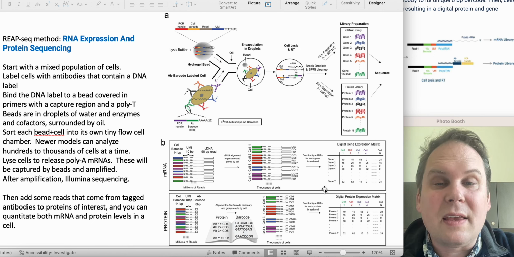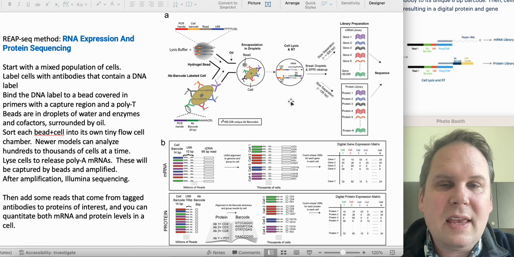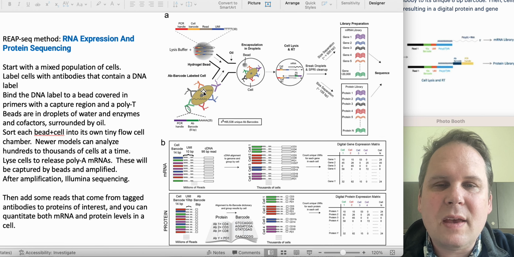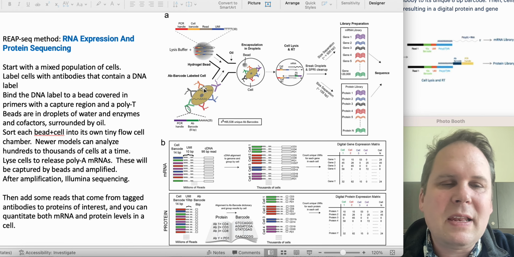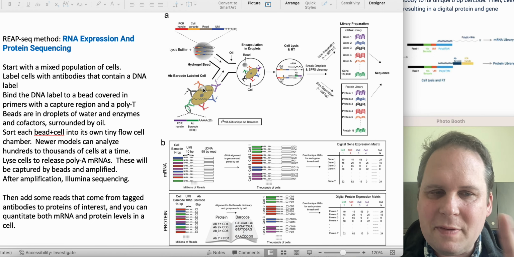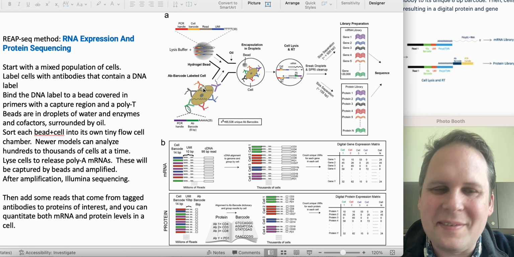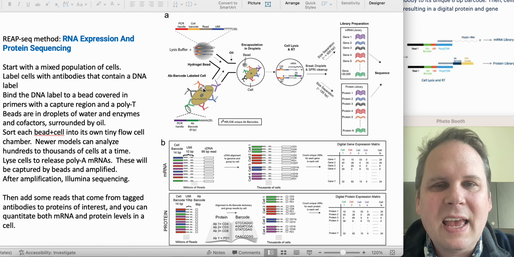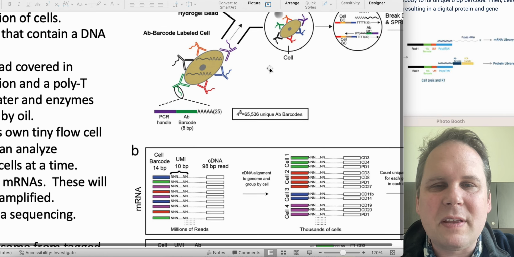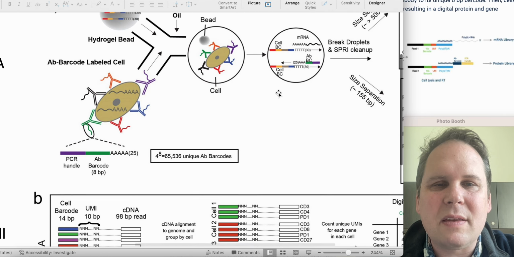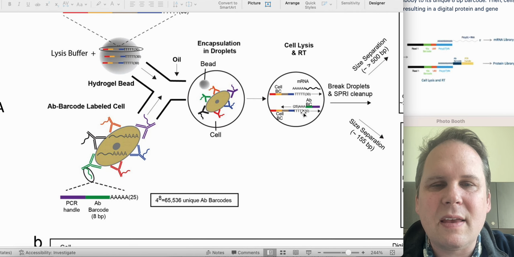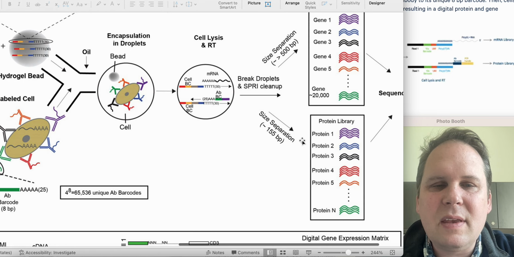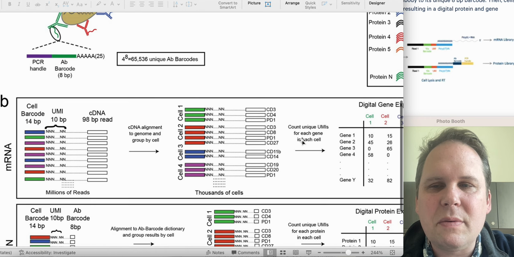The additional thing is that each of these, you're going to add in some antibodies, and the antibodies are going to be labeled, not with a fluorescent group. Oh no. They're going to be labeled with a nucleotide. And the nucleotide, I don't know if we can zoom in. Yeah, here, let's zoom in. Let's zoom the heck in. The nucleotide is going to